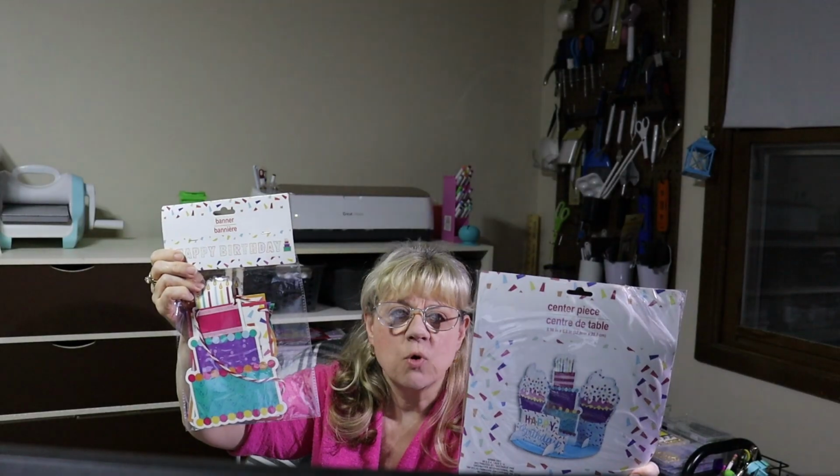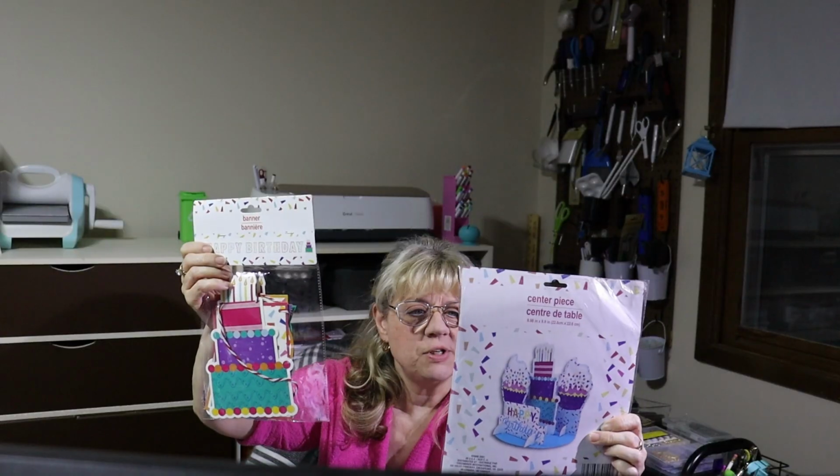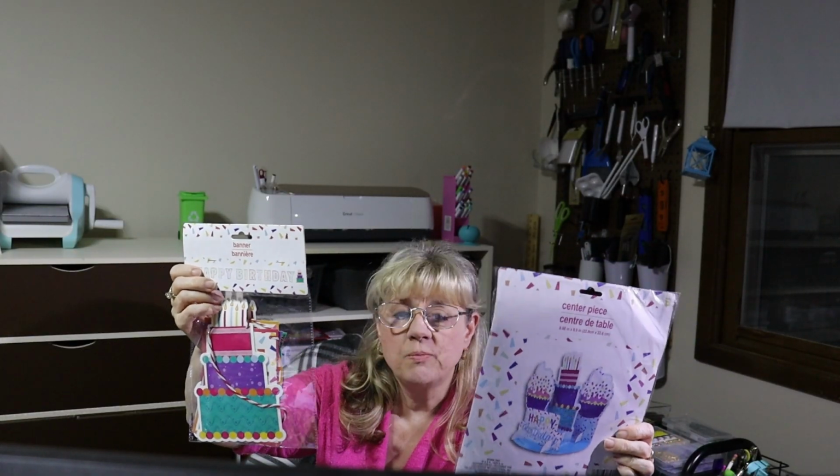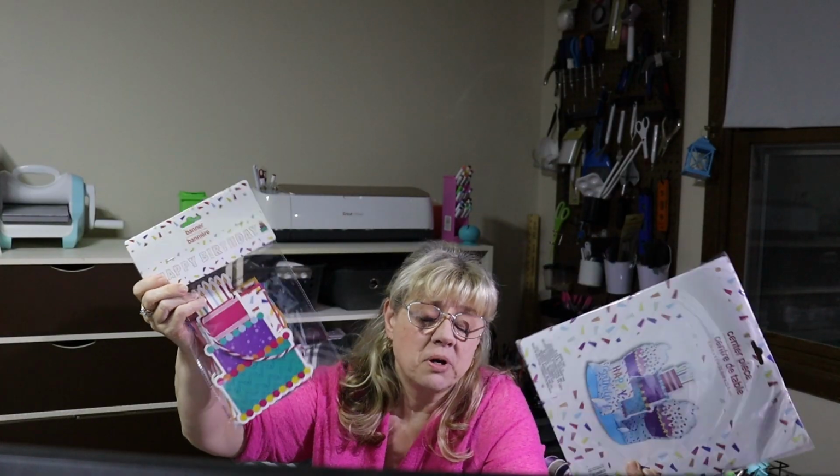But what I was thinking was these two items, you can reuse these of course, but I thought that these would be really cute in her baby book. So like if I deconstruct them, some of these are going to look really cute for her 12-month spread. But I'll see what my daughter wants to do. If she wants to save it, we'll save it. If she wants to throw all or part of this in her baby book, we can do that too. So either way,